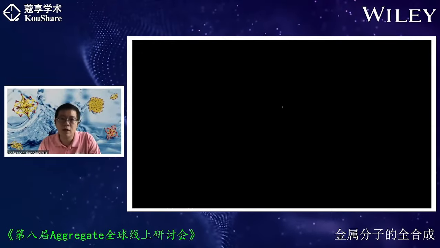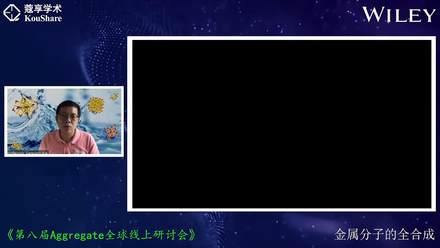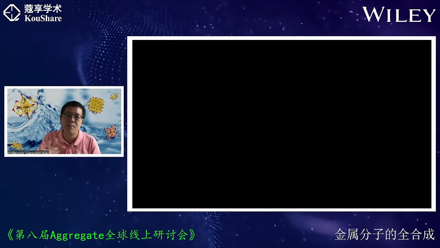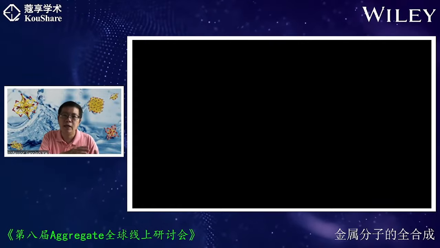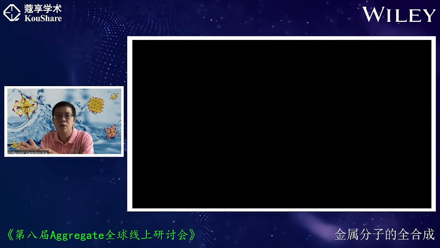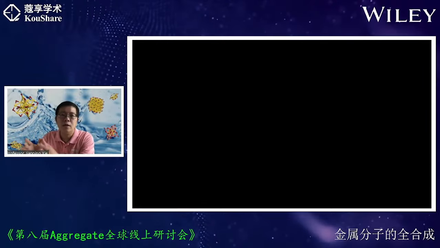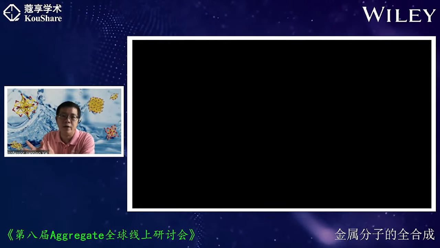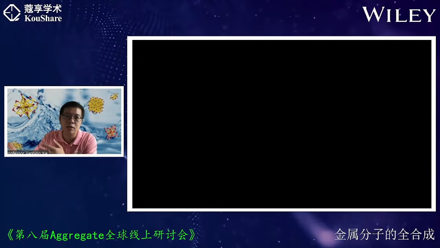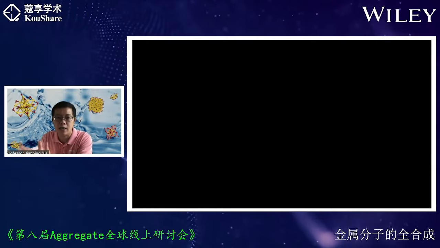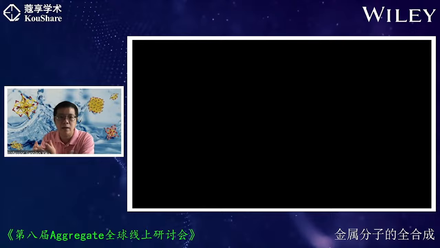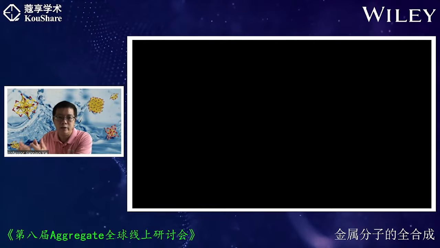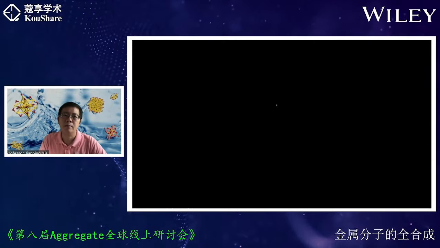Okay, this is a very interesting question. Yes, for these molecules, it's similar to organic molecules. If you can design a very efficient synthetic protocol, they can produce very pure, for example, Au25, and the rest will be some byproducts or complexes, like no other clusters. This is because Au25 is the most stable metallic molecule in existence.